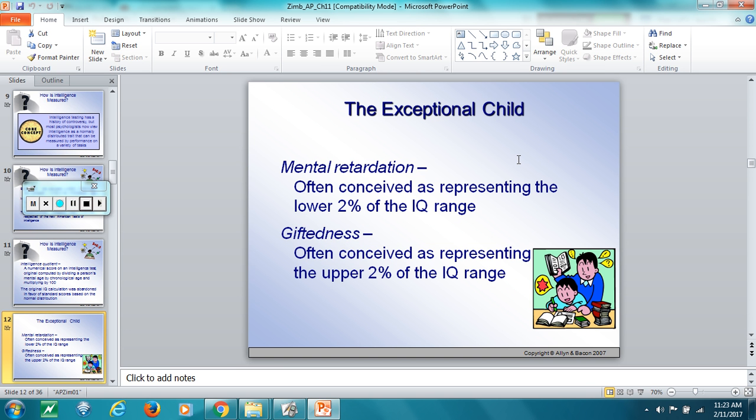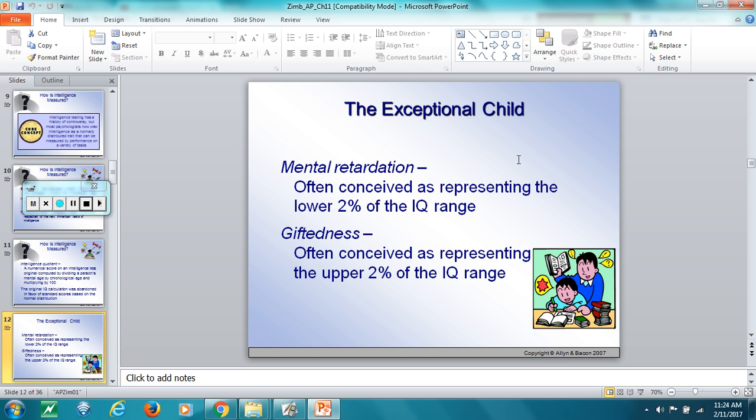So, one thing that I want to talk about is this idea of our exceptional children. And one of the things that we know out of that intelligence quotient is that there was a certain portion of the population that scored, you know, kind of in the lower and the higher ranges. Typically, there is kind of a norm where 100 is right in the middle. Typically, most people in the population score somewhere between 30 points above or below that. But then there are those exceptions that score below 70 and score above 130.